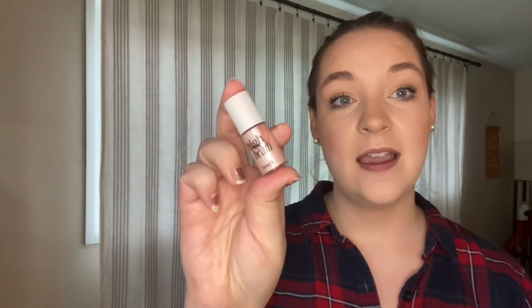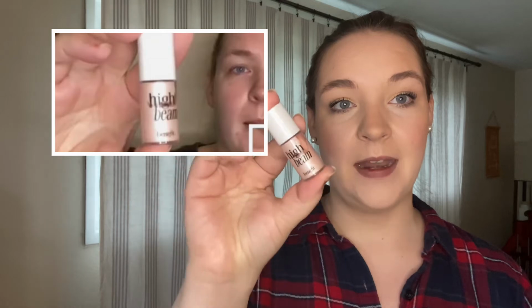Next is a pretty disappointing product because I can't really see very good progress in it, but I did use it 14 times. It is my High Beam from Benefit. And I use this just as a highlight under my foundation or all over my cheeks under my foundation. And I don't know if you'll be able to see, but it is very low in the middle of the bottle, and